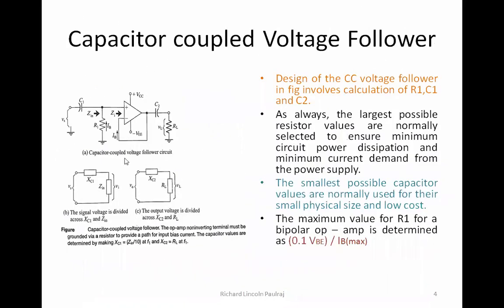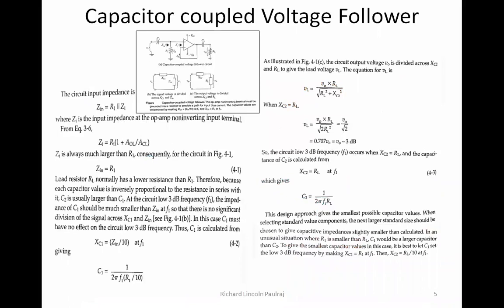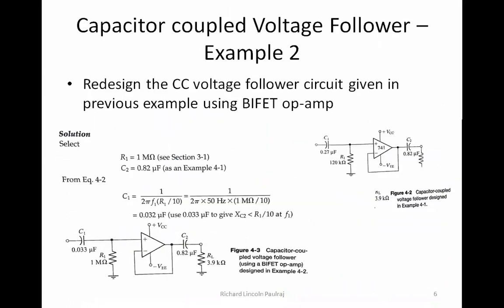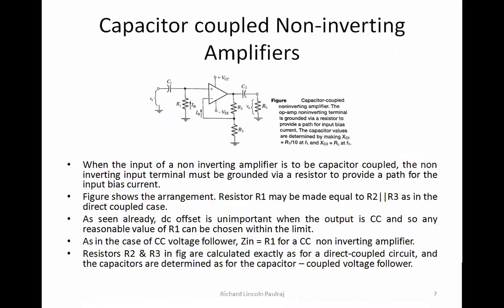Yeah, see this? All this part remains the same, just that here I am connecting R2 and R3. So R1 will be here as usual, R2 will come here, R3 will come here, right? So that's the only difference between voltage follower and non-inverting amplifiers, capacitor coupled non-inverting amplifiers, right? So yeah,